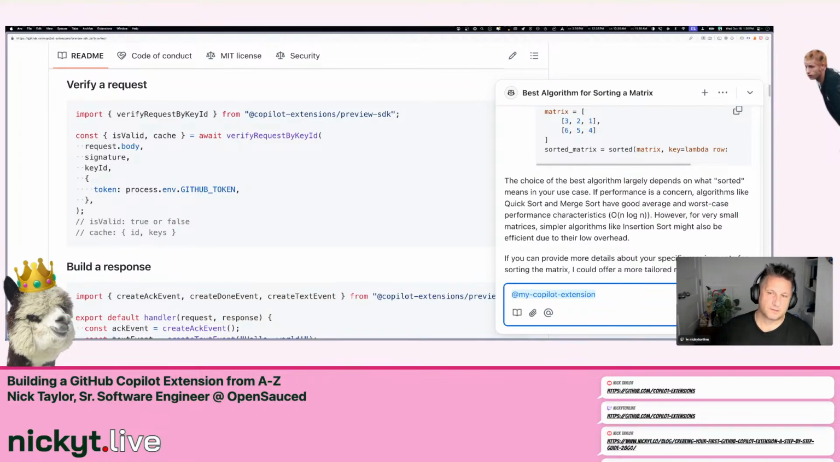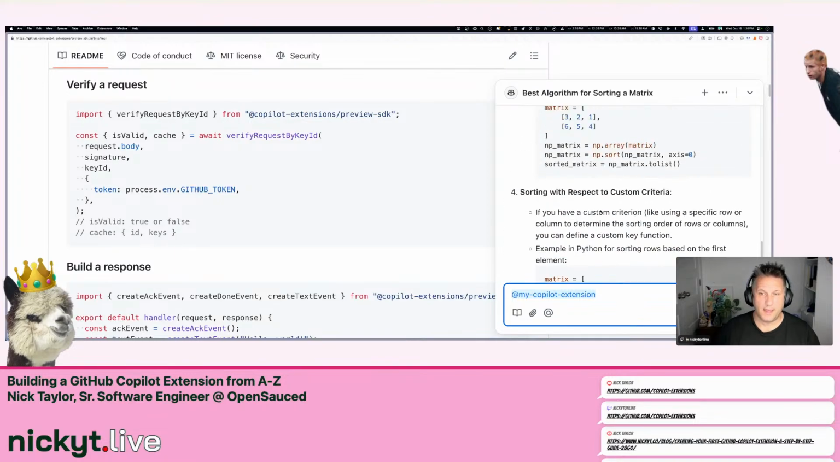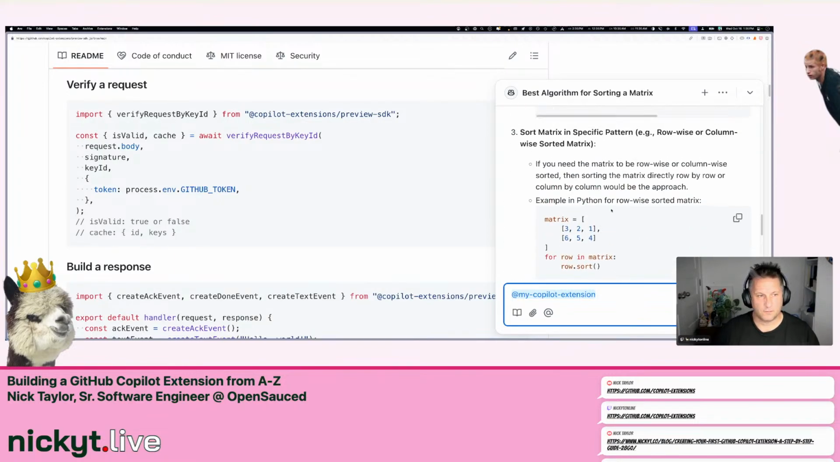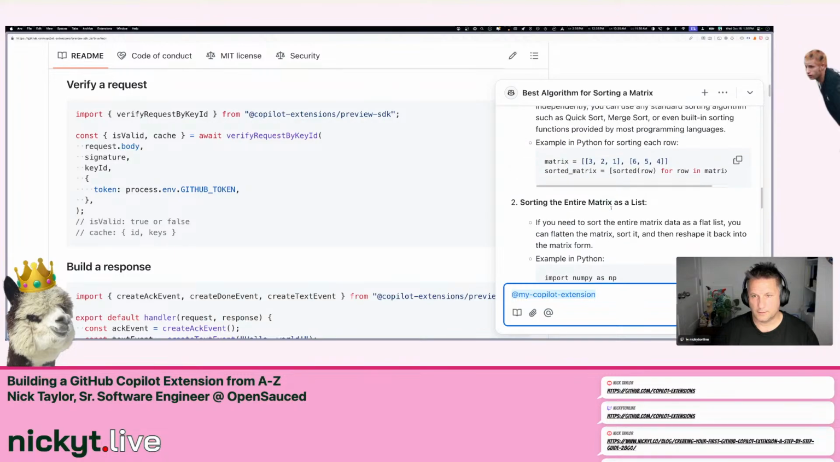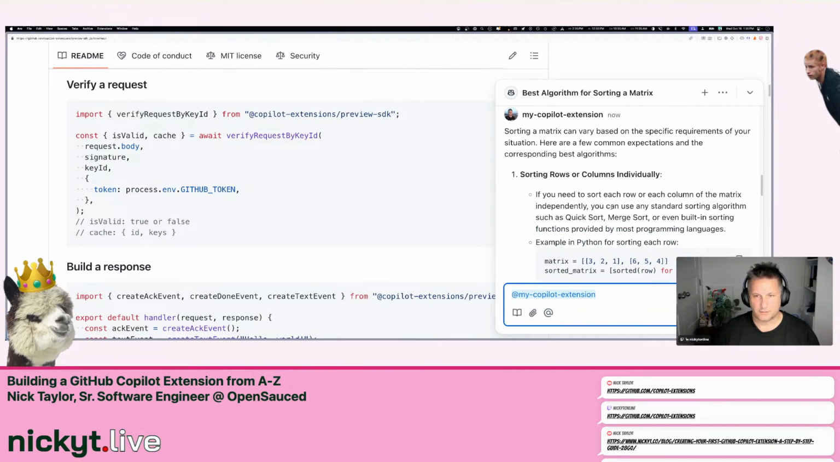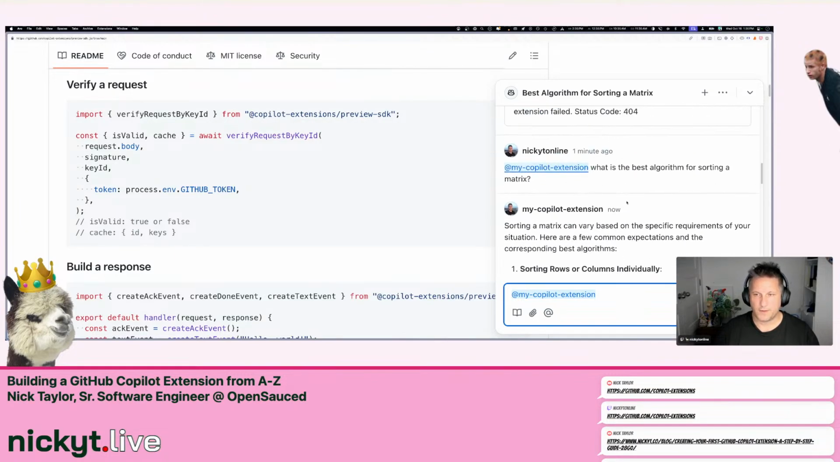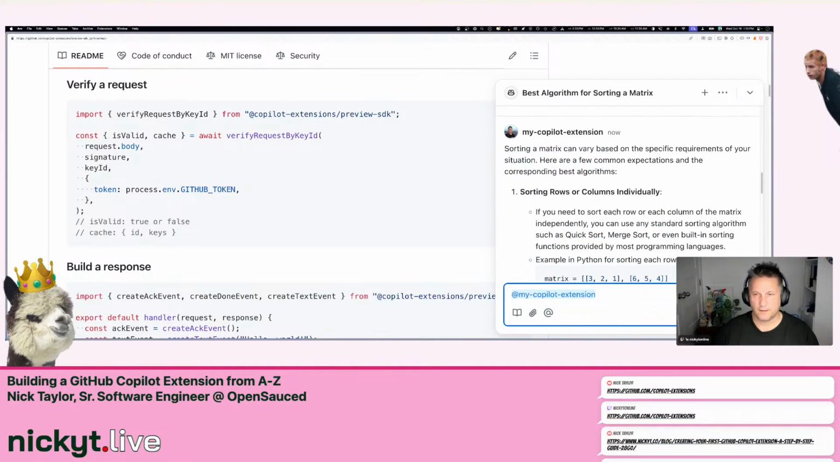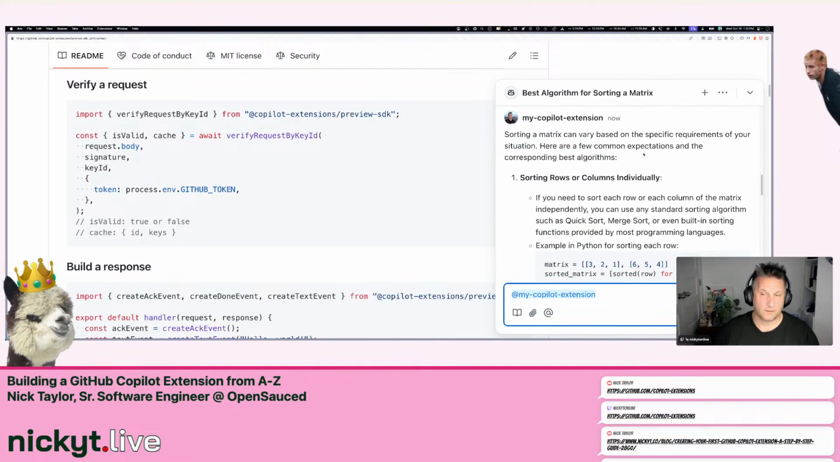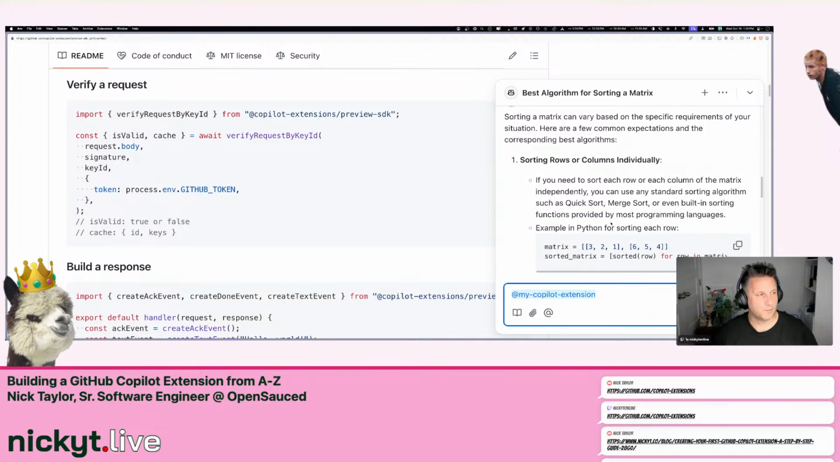But today we're just showing how you can build your own. You can see here, I've wired this up to just a prompt. I just asked a question: what is the best algorithm for sorting a matrix? I guess there are different requirements, so it gives me some options. This is something that I built out, and I'm not going to say it was easy, but I've documented